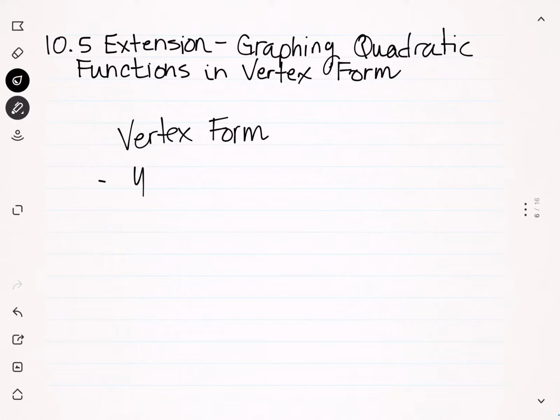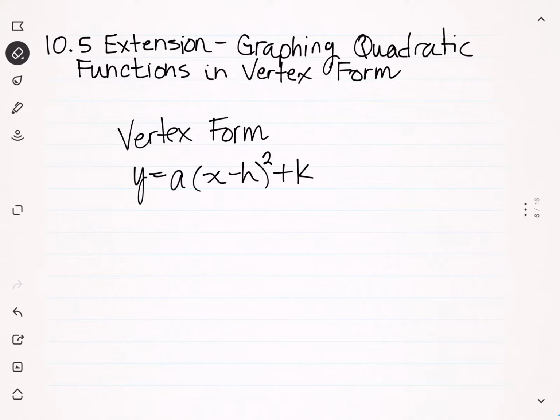So vertex form is y is equal to a times the quantity x minus h, quantity squared plus k. Anytime you're in vertex form, you're going to see these parentheses with a quantity inside, and then there's going to be a power of 2 on the outside of those parentheses. So all the different letters in vertex form have a very important meaning in relation to our parabola. So we call it vertex form